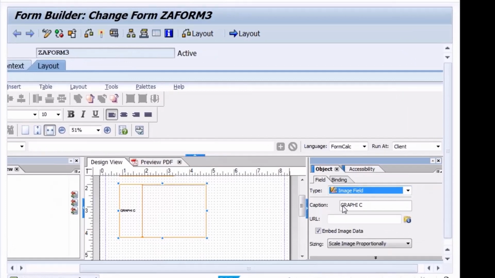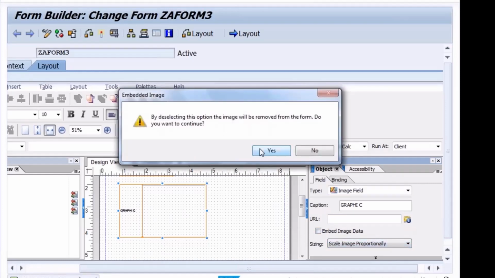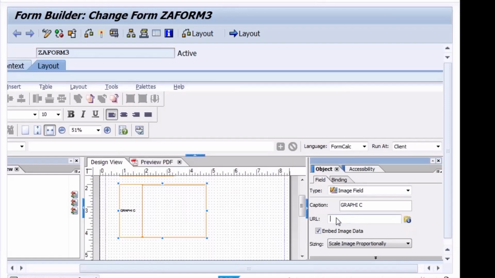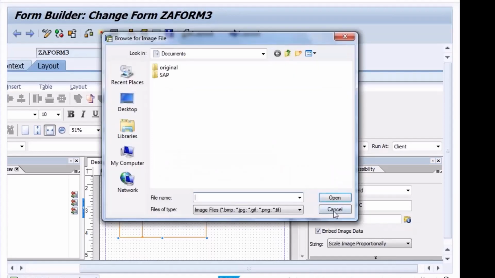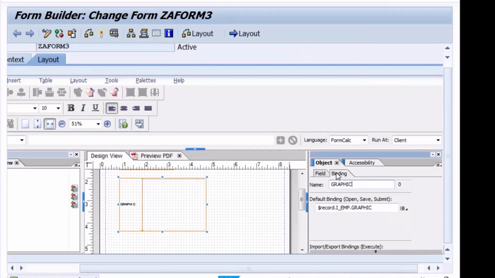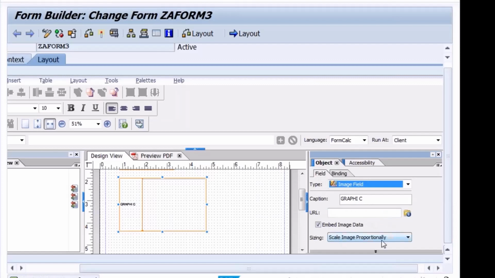Image field, okay, done. Caption is fine, this is fine.